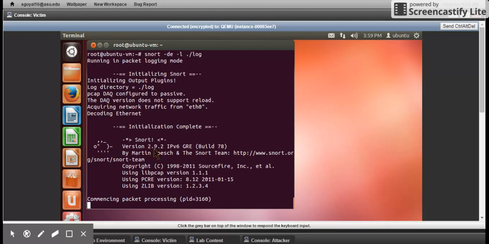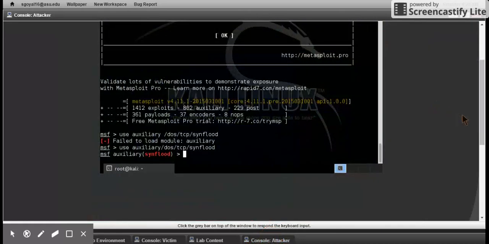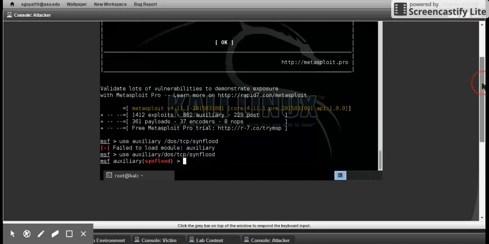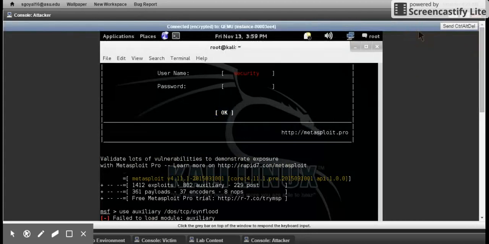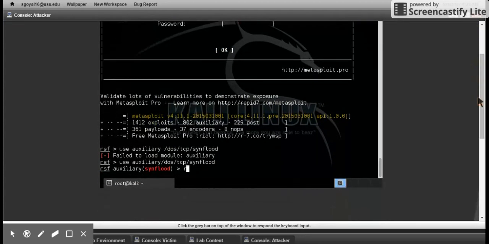So this has started. Now once it's starting to accept these packets and storing them in the log, I'm going to go on my attacker VM and do a sync flood on my victim VM. This is done using the MSF console Metasploit. And the first command I've already written is to use the auxiliary DOS TCP sync flood. Now what I'm going to do is set my R host as the victim